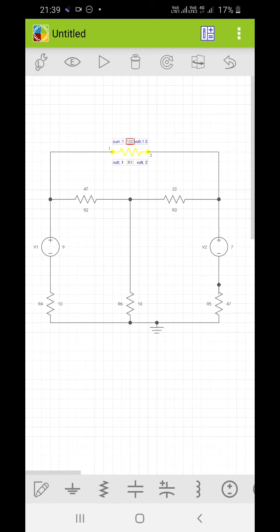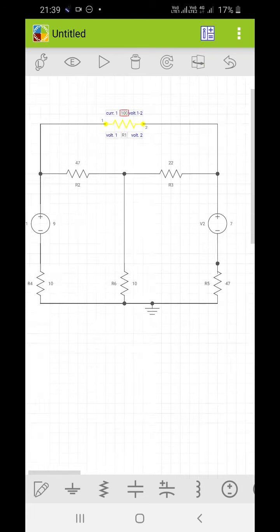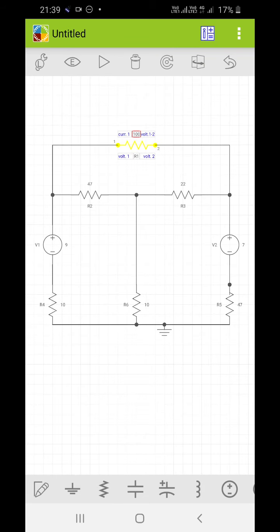Now what you have to do before simulating this circuit, I need to put voltmeter and ammeter, okay, because in order to prove the nodal analysis, in nodal analysis what I want to find out is the voltages at the nodes.